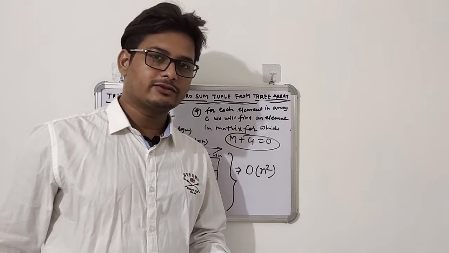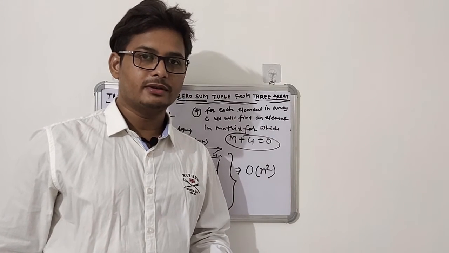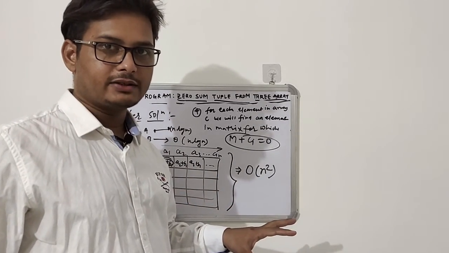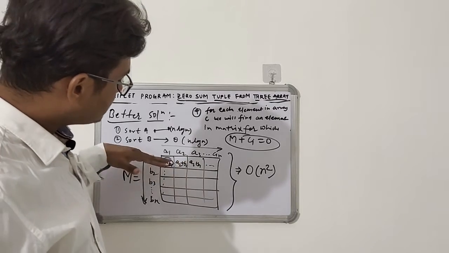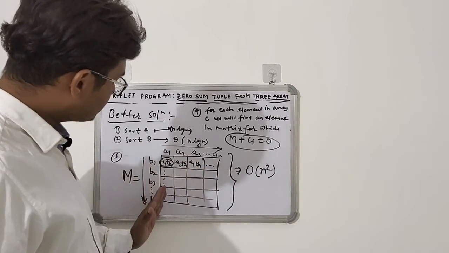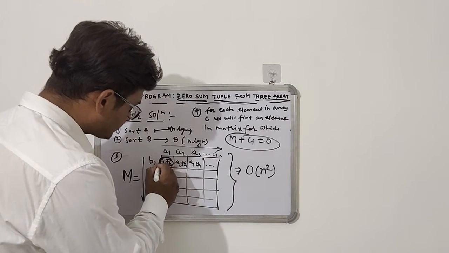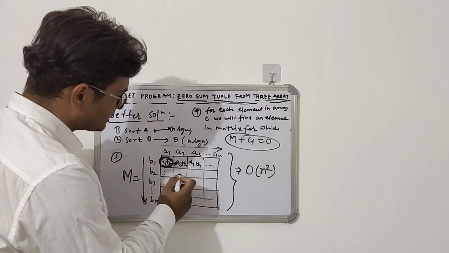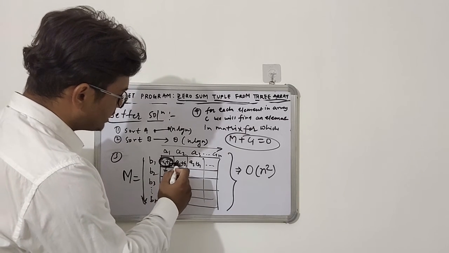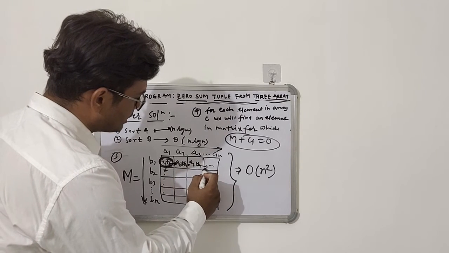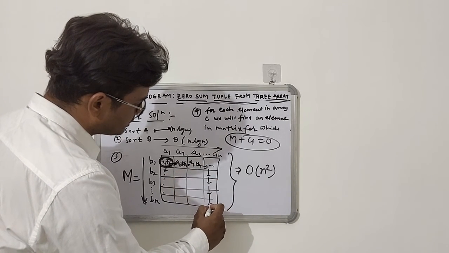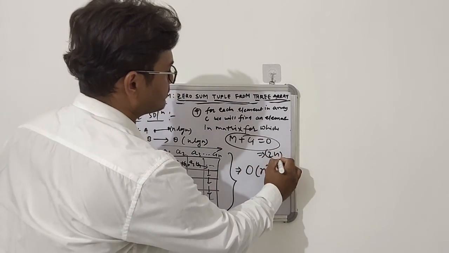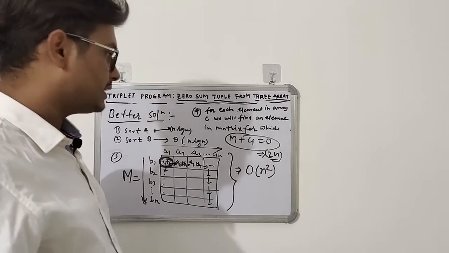This will actually take at most 2n time, because our matrix has some special property, as I told you. Along the column it will be increasing order, along the row it will be decreasing order. Suppose it will search from here, -2 is not present, then it will compare which one is lesser or bigger, compare both cells, then according to that it will move, and at most it will take 2n time. Order of 2n time means order of n time.